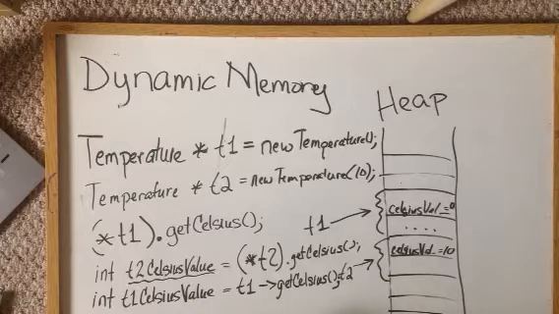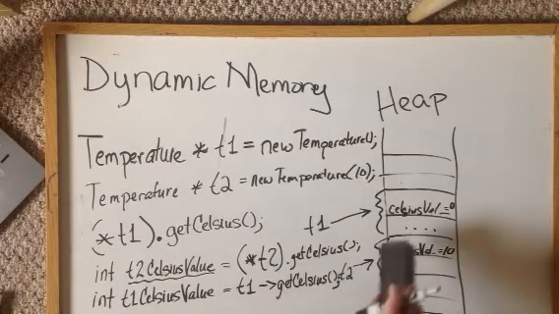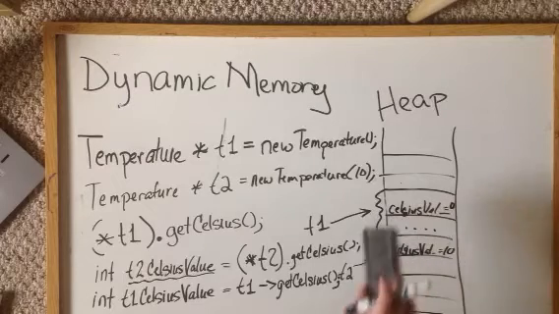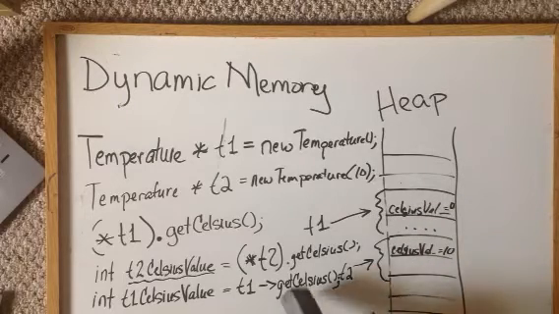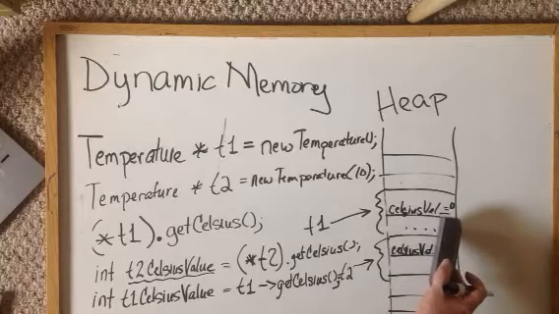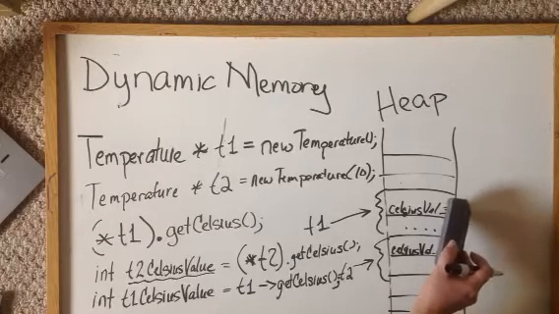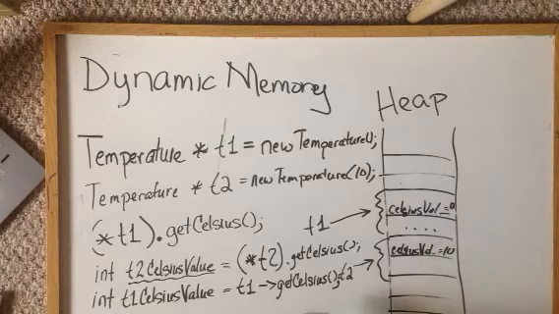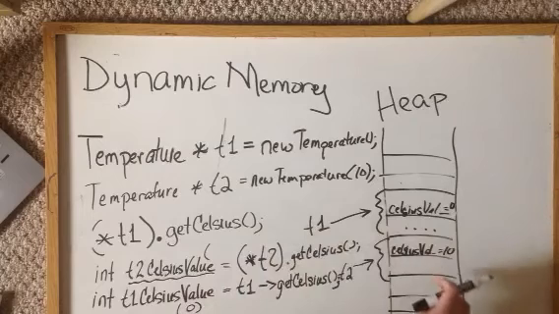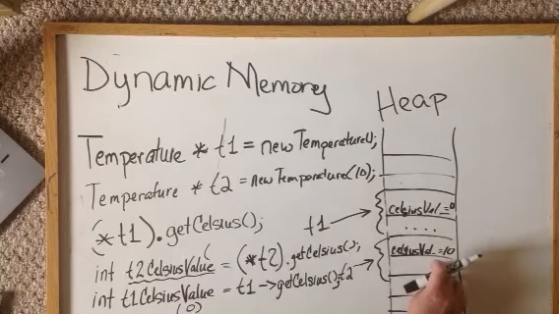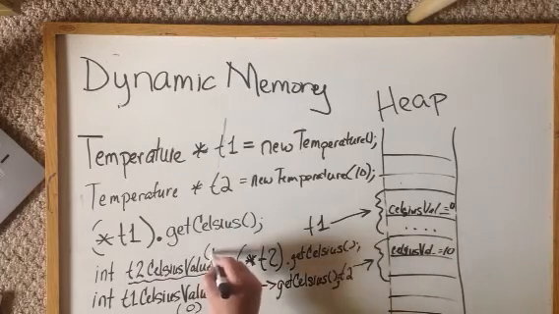So we are able to find our T1 object on the heap based on the pointer, and then call get Celsius, because we've defined temperature to have a get Celsius method, and that method is going to grab the value that is stored on our Celsius. So our T1 Celsius is going to have a 0 in it, and our T2 Celsius value is a different instance of the temperature, and so that one is going to have